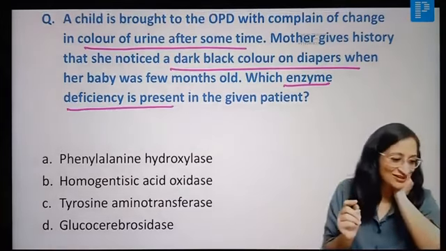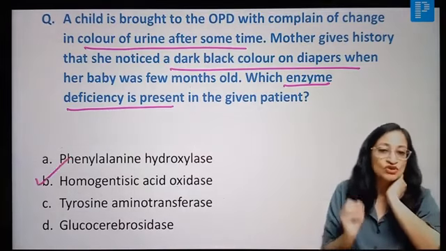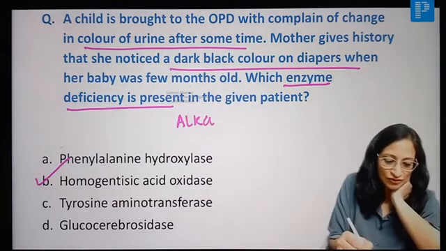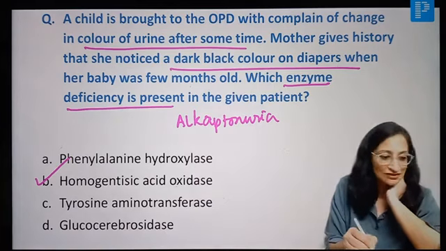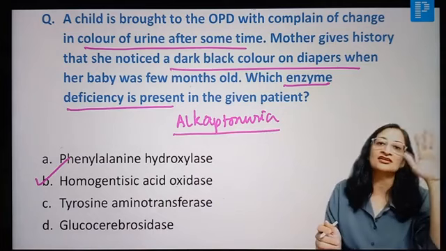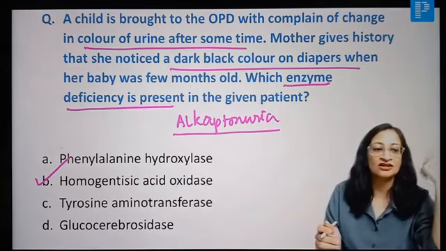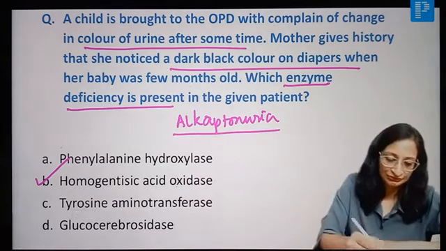Tell me the diagnosis. Yes, all of you are answering the enzyme, most of you correctly. What is your diagnosis also I want to know. So the enzyme deficient here will be homogentisic acid oxidase, and the disease in question is, yes, come on, alkaptonuria, right? Very good. Prashant was the first one to answer. So alkaptonuria is the disease here. In children, the only manifestation is usually urine turning black on standing, and in adults and older people, you have ochronosis, where you get black spots on the sclera of the eye, the ear cartilage, arthritis can be there, and there can be joint involvement as well. So homogentisic acid oxidase deficiency is the answer, right?